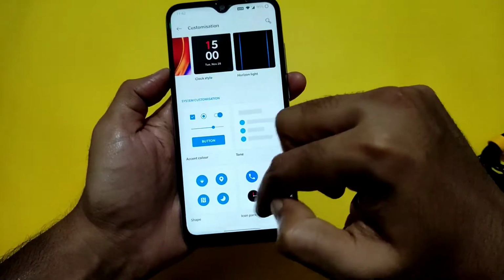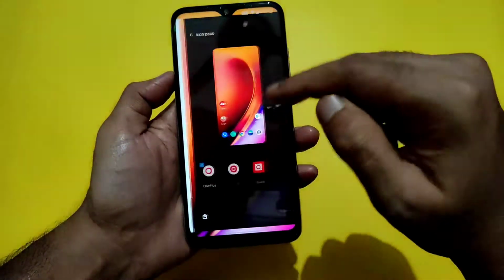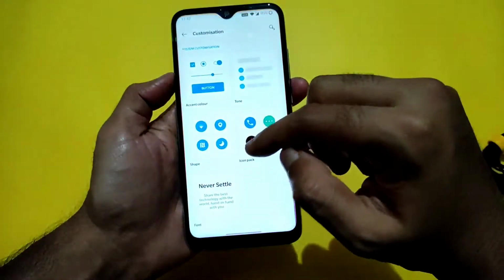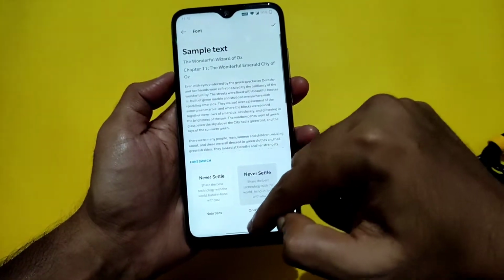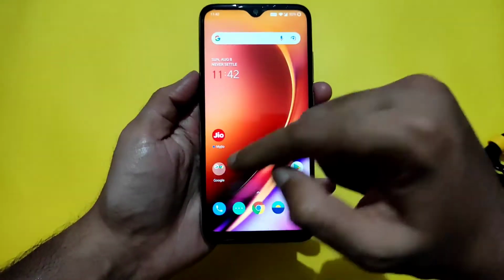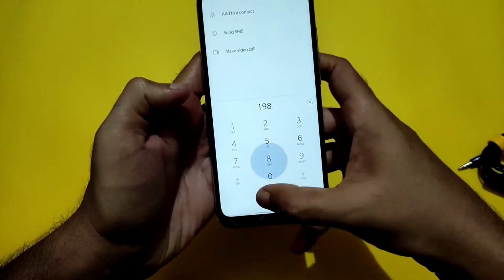If you want to choose dark theme from here, and accent color picker, and even the icon pack you can change from here. If you want, you can customize further. Even the font, 2 pre-installed are given in this ROM. This is working fine. Even the OnePlus dialer is given. Let me show you one.